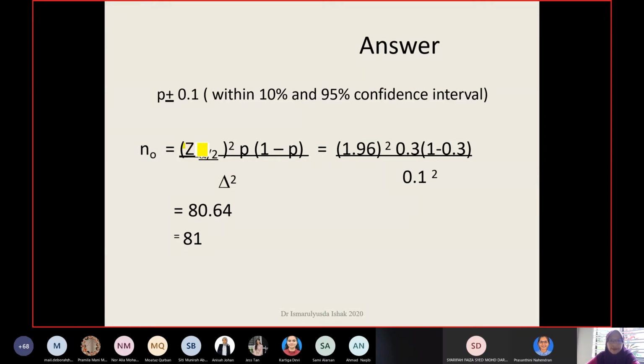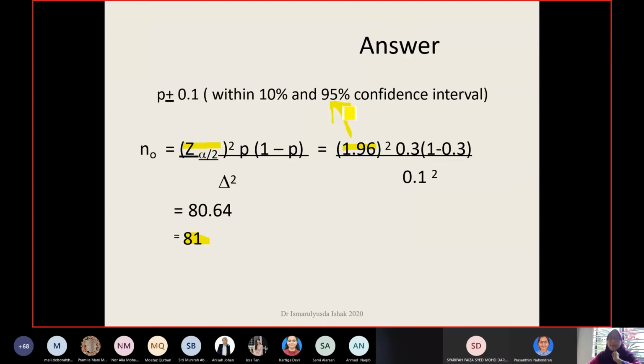The Z is 1.96, because you want a 95% confidence level. 1.96, 0.3 because 30%, 1 minus 0.3, and 10%, so 0.1. So 80.64 means 81 sample size. So when I collect 81 sample size, I will